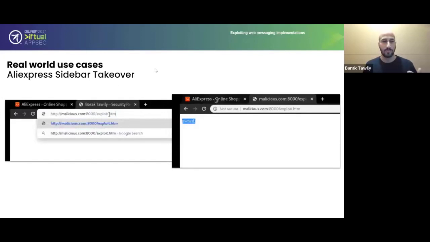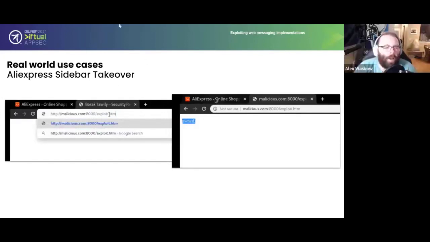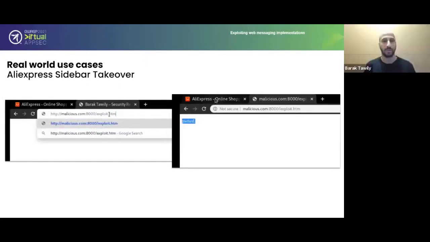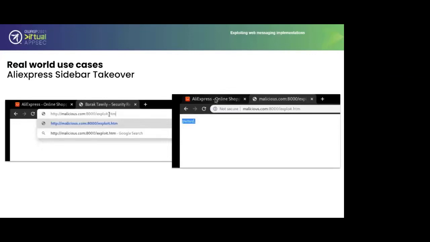We just serve this exploit page. And once the victim browses it, it will inject the